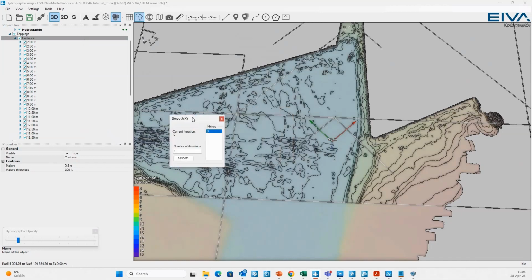Now, smoothing in Navimodel is certainly different from what we saw in NaviEdit, where we were creating a running average sine curve. Here we are looking at the current point, we're looking at previous and next point, and then we simply